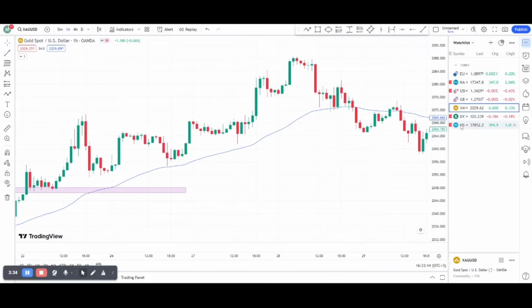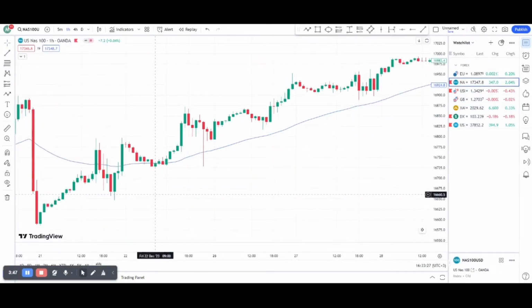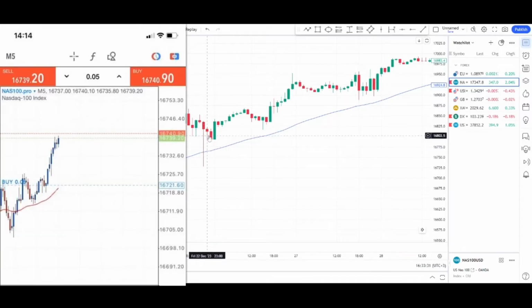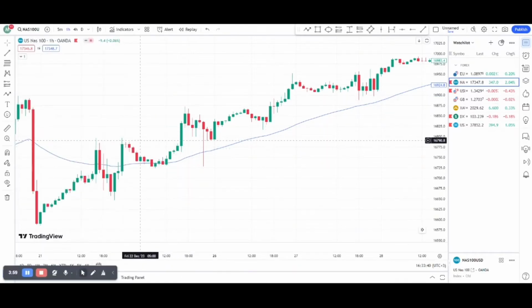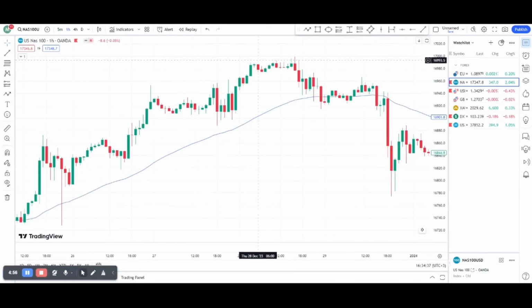So I also took another trade on Nasdaq. I took that trade at 16721, that is around this area. When the market came back to retest this area, I decided to enter because I was sure that the market had formed a higher high, so I was just waiting for a retest at this key area, and I decided to enter my market at this area, and I held that trade during the festive season,